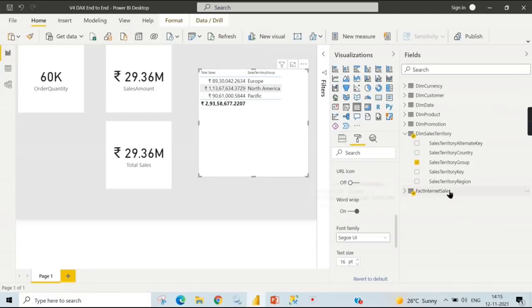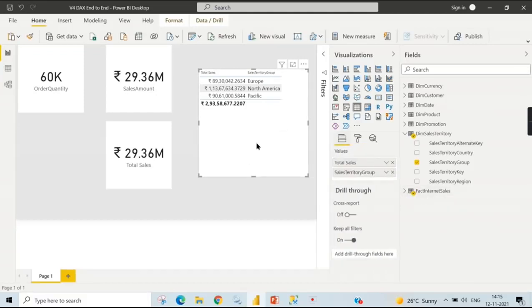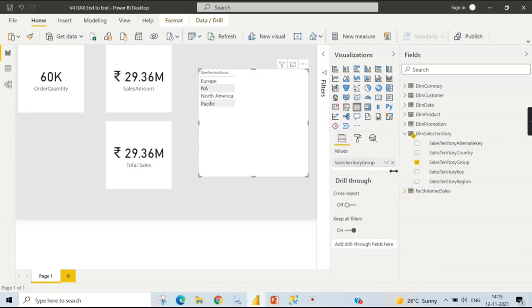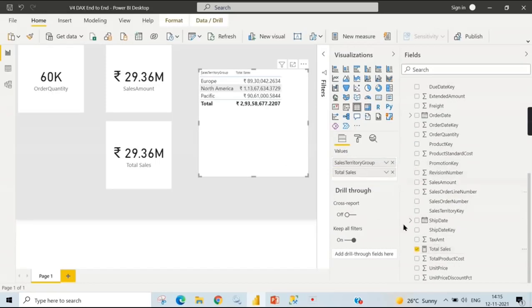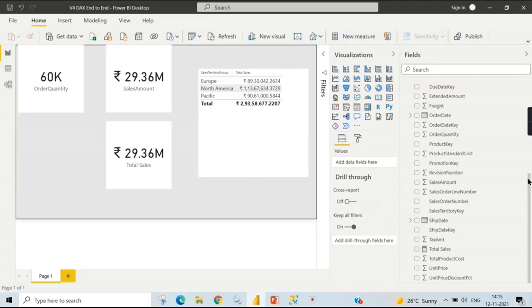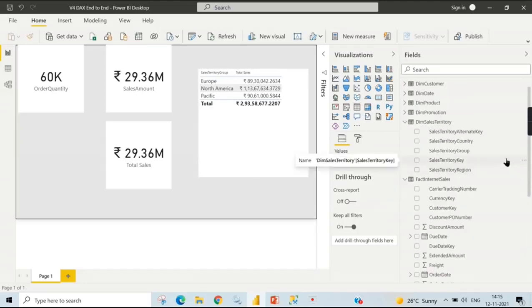But you need to understand this measure is executed only when you use it in a visual. When you remove it, it is not stored anywhere, and only when you use the measure in this visual, at this time only this calculation is executed against each row here. The filter context will work. I will come to what is filter context and row context later. So with this we will stop calculated column and measure for introduction purposes, and we will go to the next